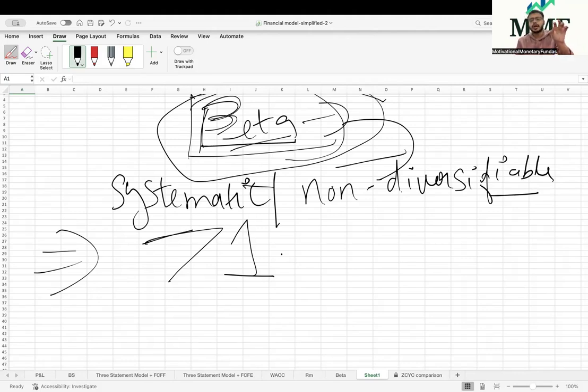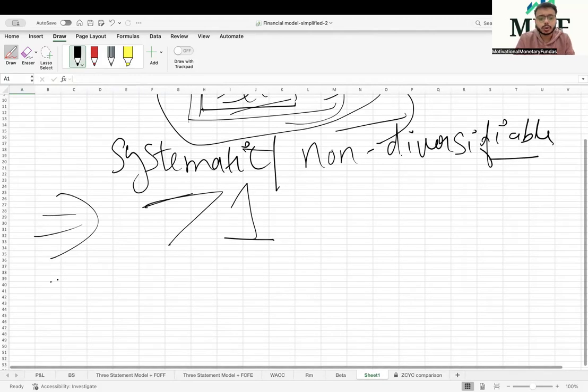It's the weight of the stock 1 into the beta of the stock 1 plus the weight of the stock 2 into the beta of the stock 2 plus the weight of the stock 3 into the beta of the stock 3 and so on. And simply you guys can calculate the beta of the portfolio, right? But वहां पर भी हम weighted average betas लेते हैं and different concepts होते हैं. But just trying to make things simpler for you.